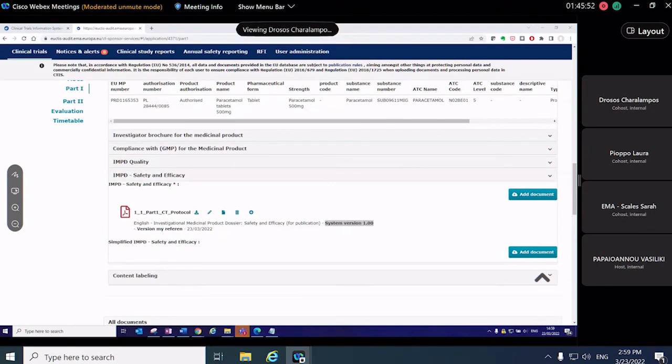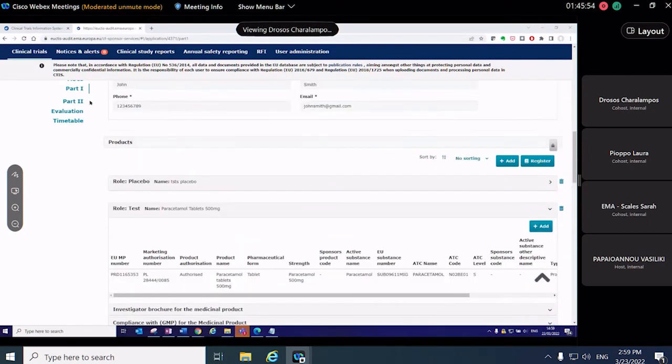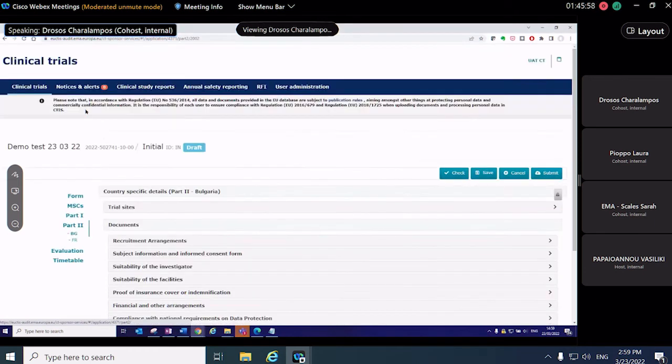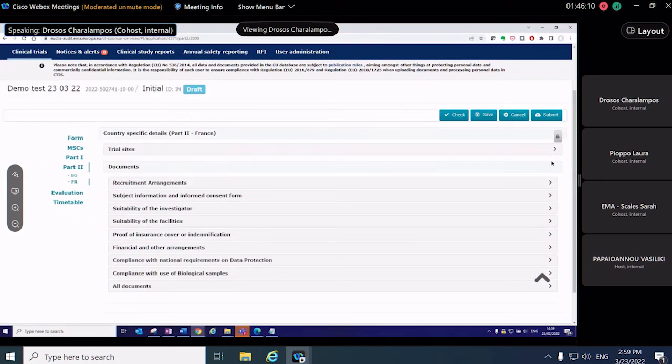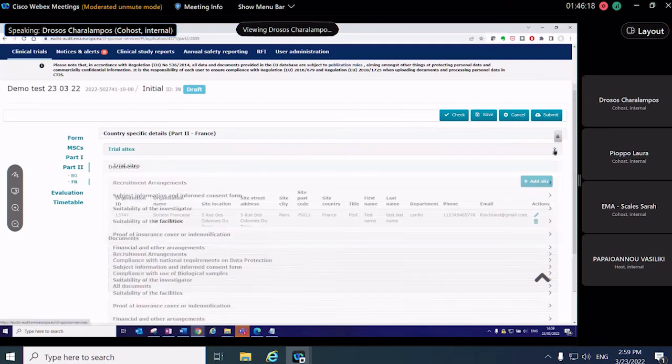So back to CTIS now. We finished with part 1, so we will move to part 2. Click on the section. Below part 2, you can see the member states concerned that have been added to this trial. We have Bulgaria and France. In France, I think we have already populated some data. In the same way, you need to click on the padlock to make the subsections and the fields editable. And then on top,